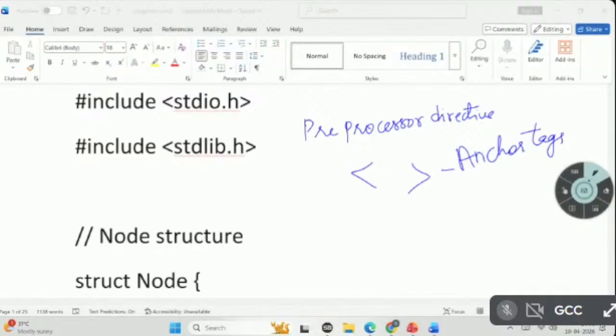Next, to execute any data structure program, you require hash include stdlib.h. What is stdlib? Library files, right? Library header files. Put down those two statements. Next